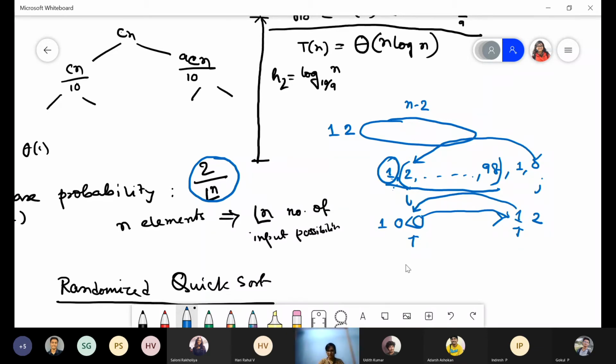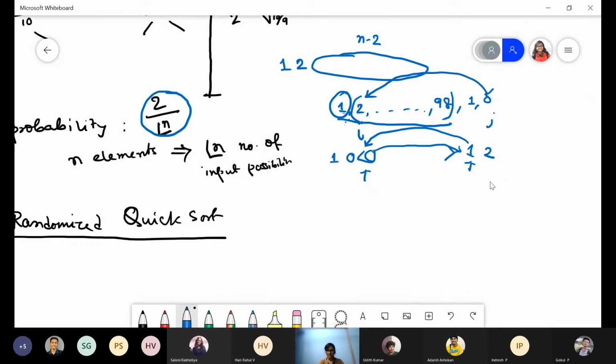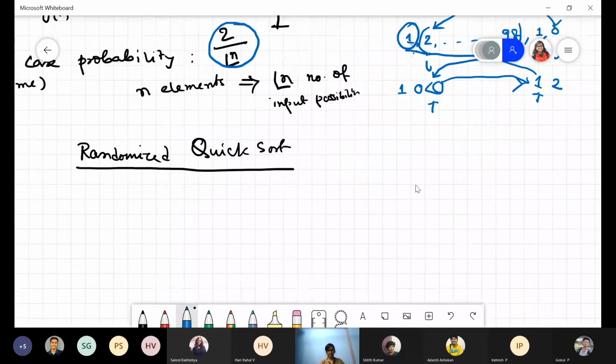After this we probably don't have to bother about this part, right? So what happened is after a few iterations, some other swapping will also be there. So in some way this order will be broken. After a few iterations, exactly I can't tell how many iterations I have to calculate. But after some iterations, if you do, you will understand that the order has been broken and it will be behaving like randomized quicksort.